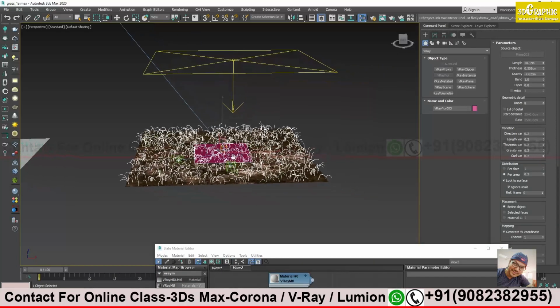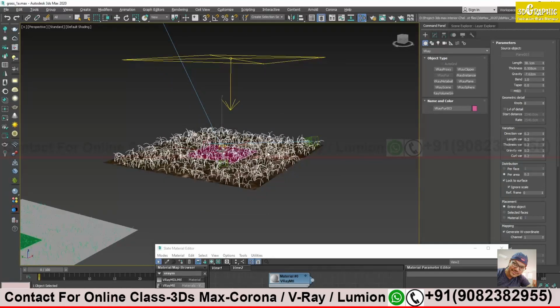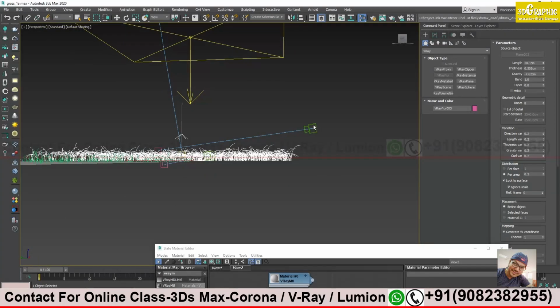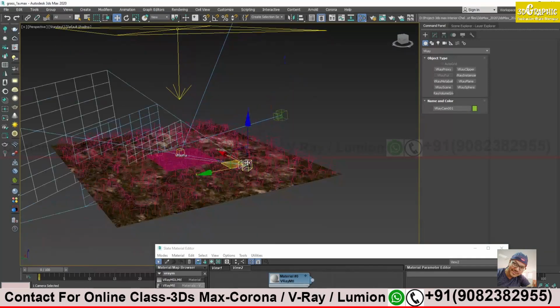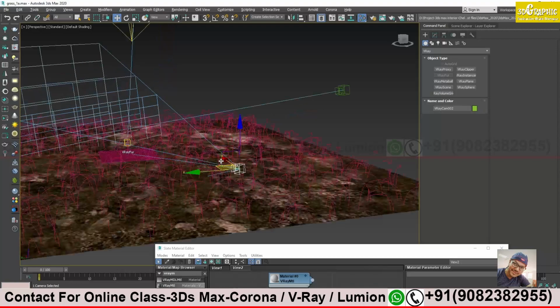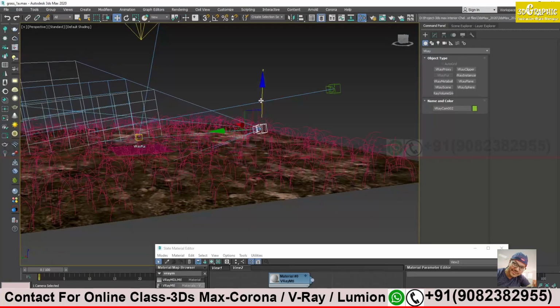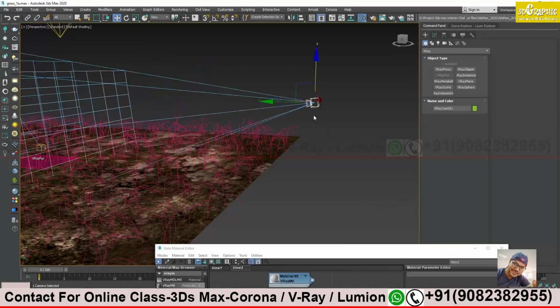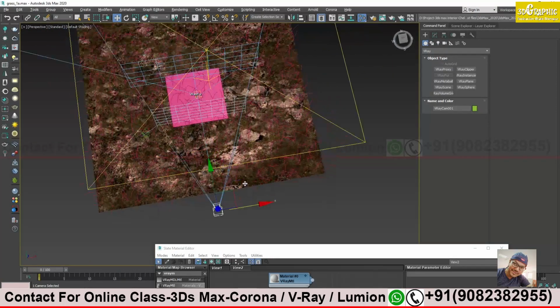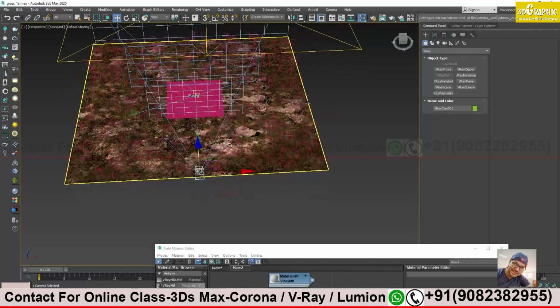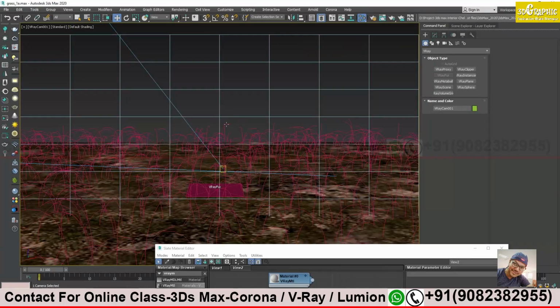First, let's render and see what result we got over here. I have two cameras. One is a little far and one is a little near, just to see the quality of my grass. I kept it between the grass. Let's see this far camera. I will select it and let's see what result I got. I press C to go to camera view mode.